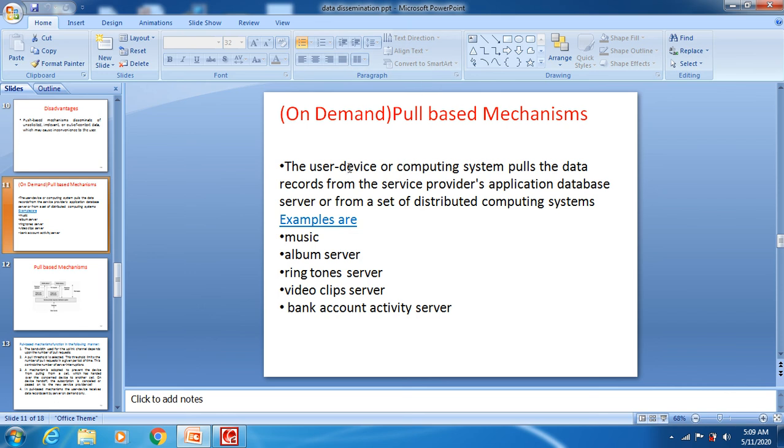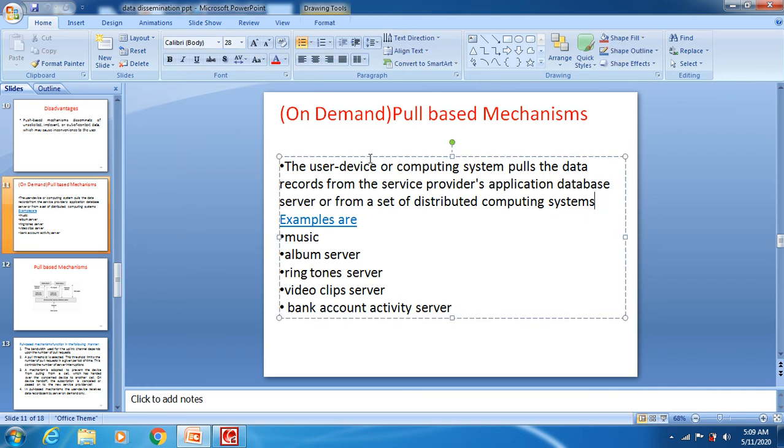So we'll see the definition here. The user device, nothing but your mobile device or computing system, pulls the data records from the service provider's application database server or from a set of distributed computing systems. So here the user device will request the data from the server, and only then will the server give a response to that particular client. That is called a pull based mechanism.